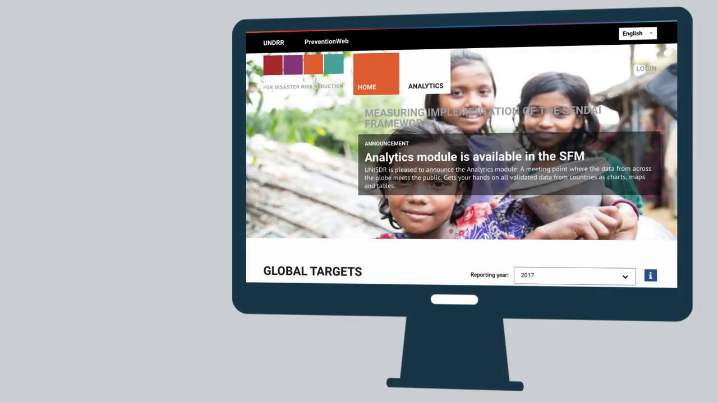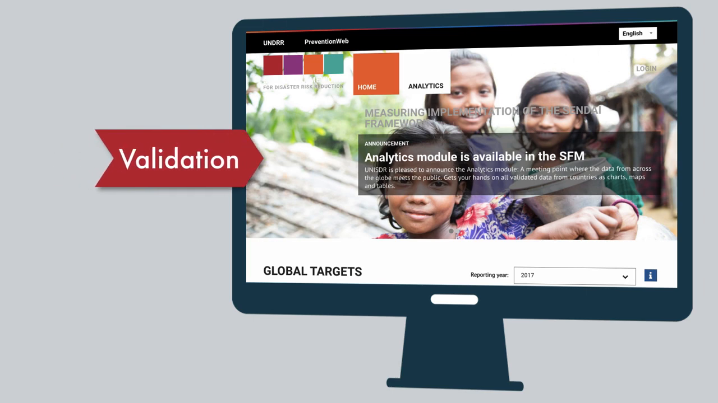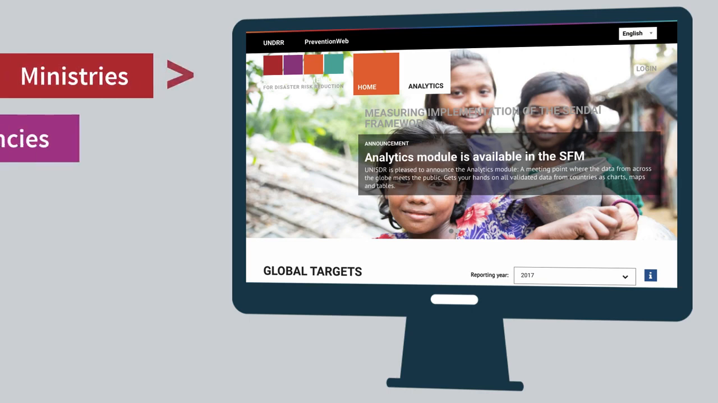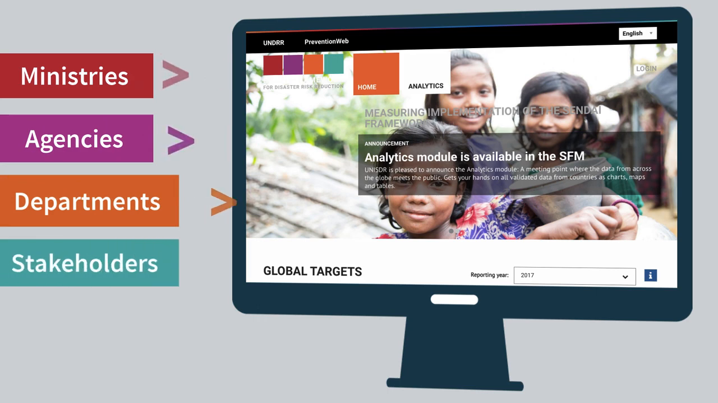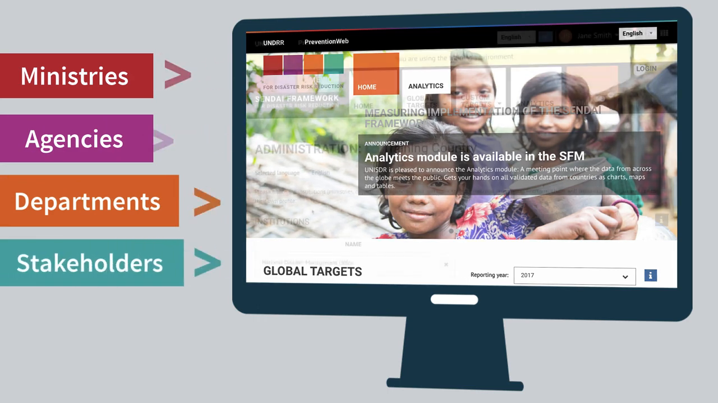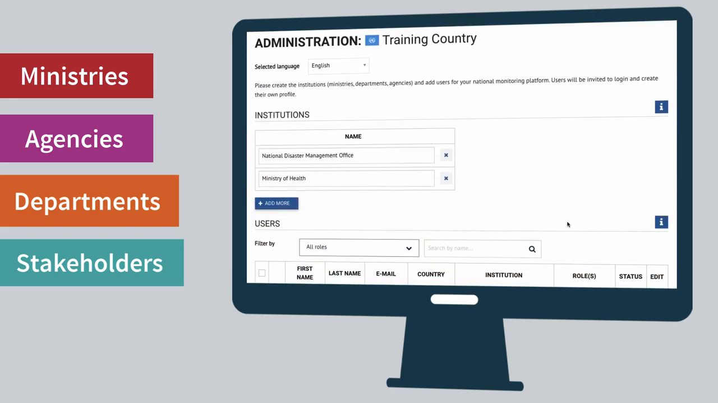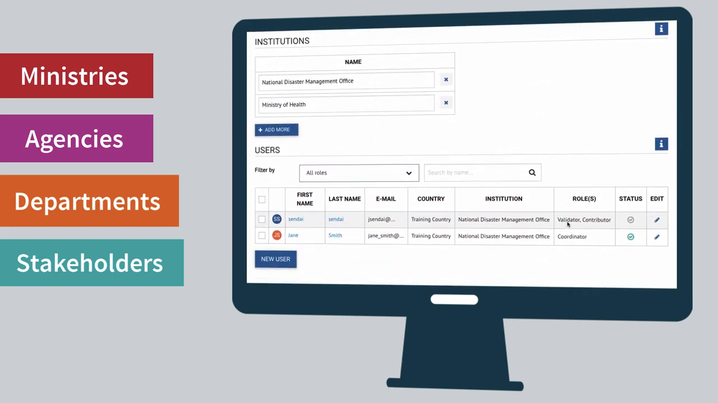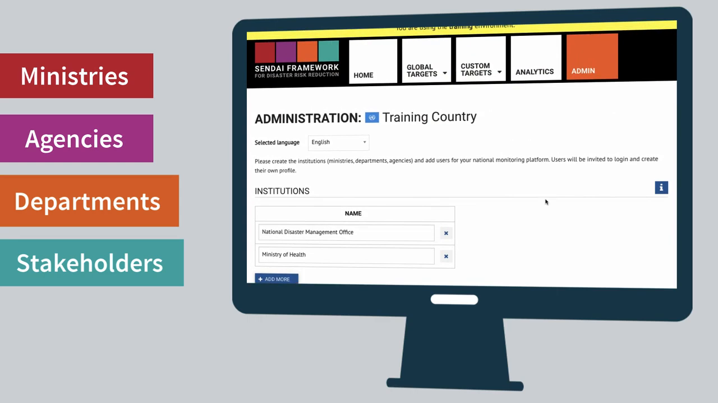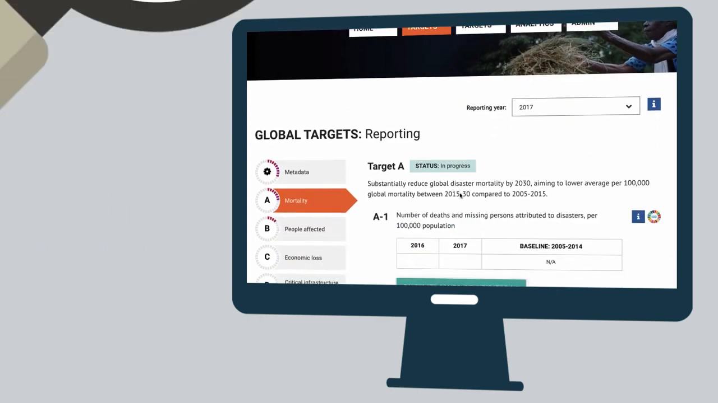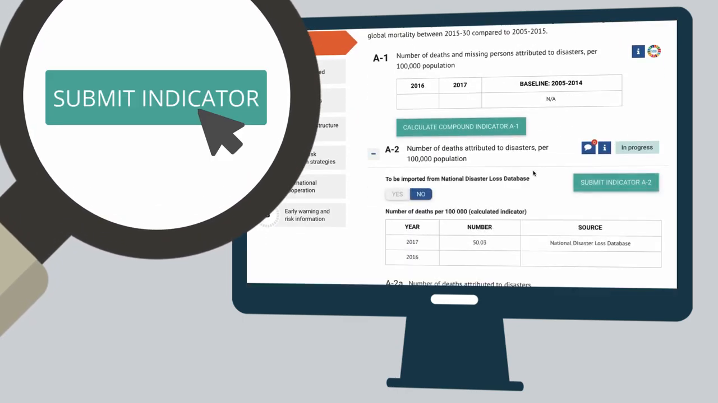This video will explain the purpose and process of data validation on the Monitor system. Reporting for the SFM requires data from various sources, including government ministries, agencies or departments, and other stakeholders as applicable to the country. These institutions can be added to the SFM as contributors to enter data for all or specific targets and indicators. After contributors have entered the necessary data, they must click on the button Submit Indicator to progress the